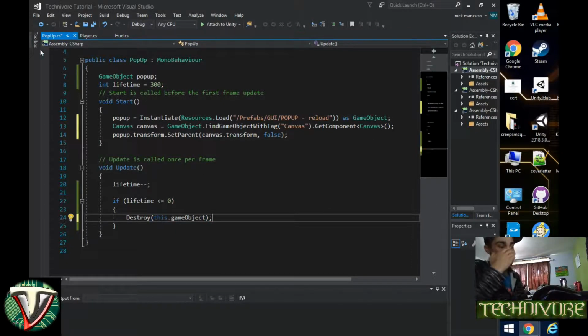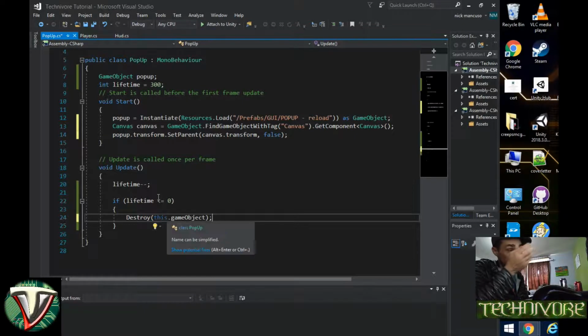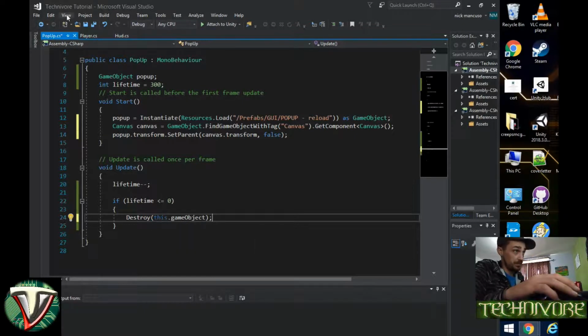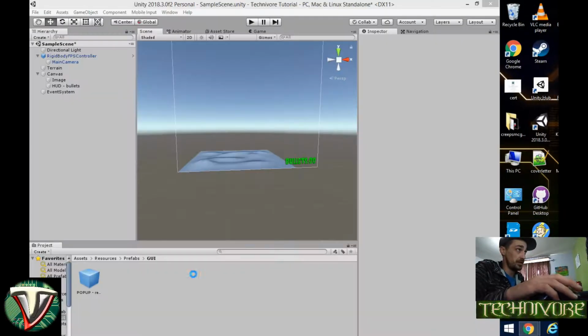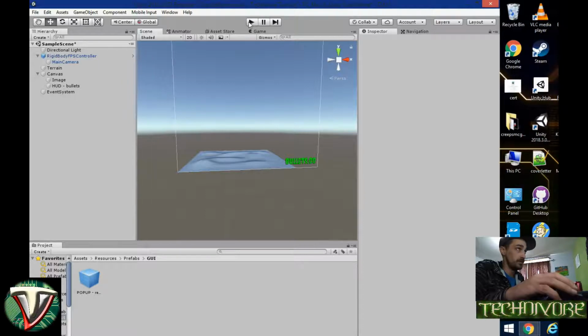Oh yeah, another simple error. I didn't actually change anything just now. Okay, I'm out of bullets. Now when I click it, it should instantiate it, and I'm not seeing it anywhere, so